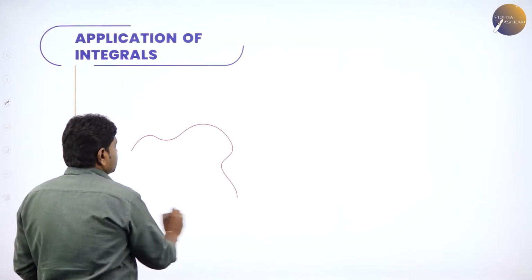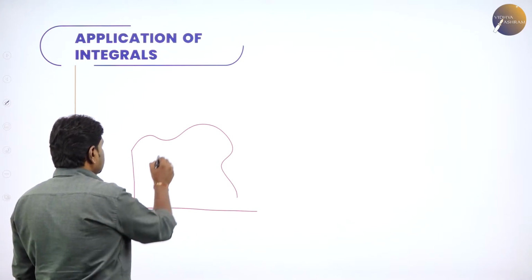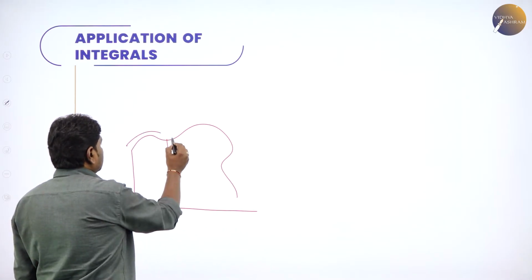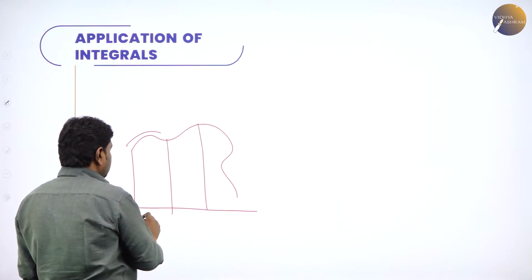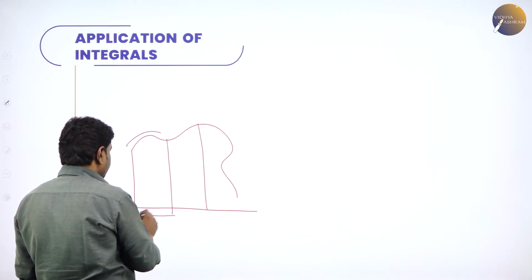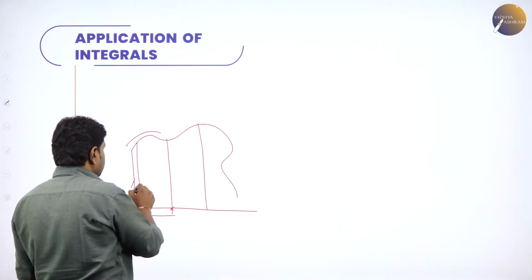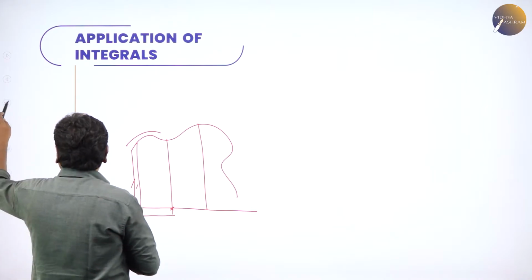So, I can divide this into strips. I will divide this as this part, this is one part, then this is other part, then I will find area between these two by defining a small strip dx like that. So, now what is the basic you need to know?